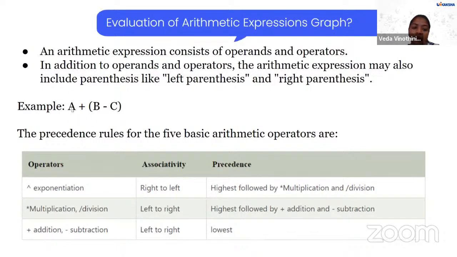So here a, b and c are called values, and the operators are plus, the brackets, and minus. All of these come under the operators. Okay, so we will see this in an elaborate manner in the upcoming slides. Just for your understanding, I'm showing it here.